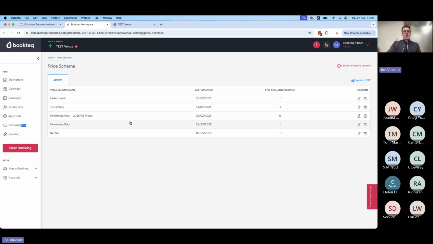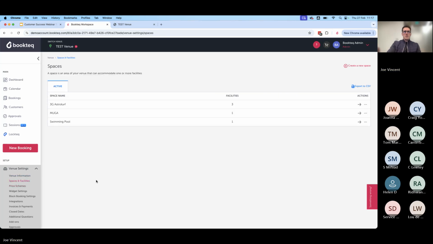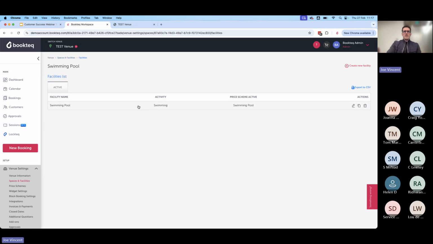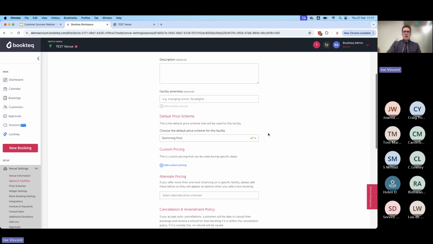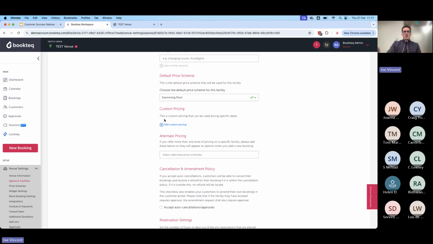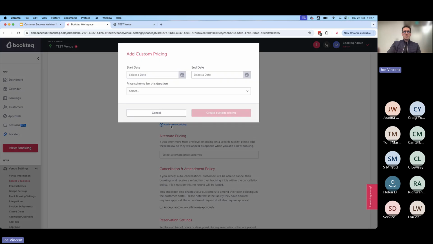What we're going to do now is go into that facility, and then add the custom pricing. So same again, down in venue settings, spaces and facilities here. So we go to the swimming pool, select the facility. And then we've got the custom pricing here. You can see this is custom pricing that can be used for specific dates. So what we can do is just go in, add the custom pricing,